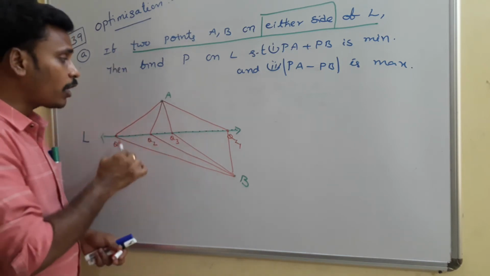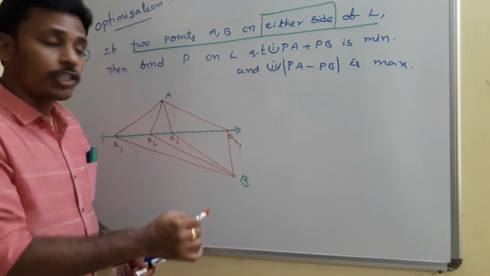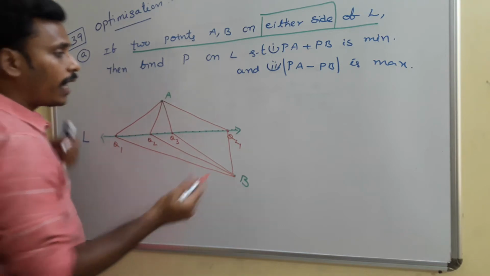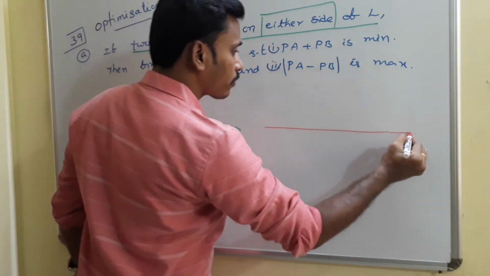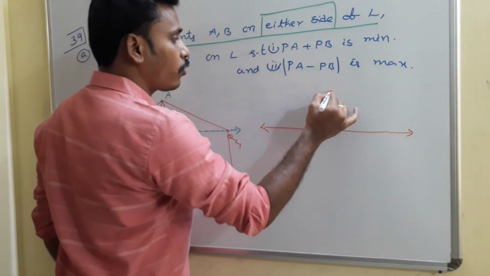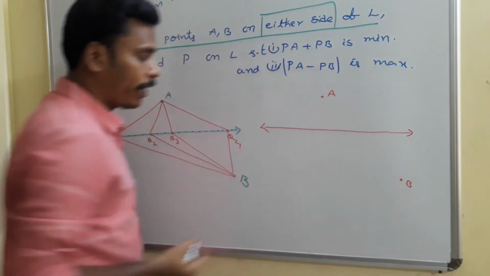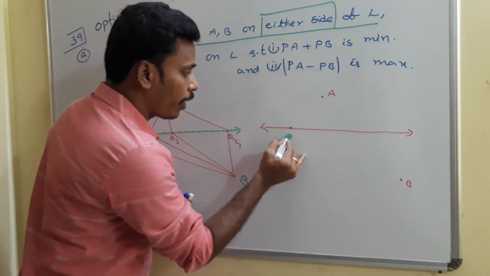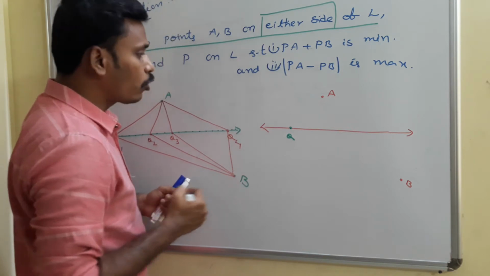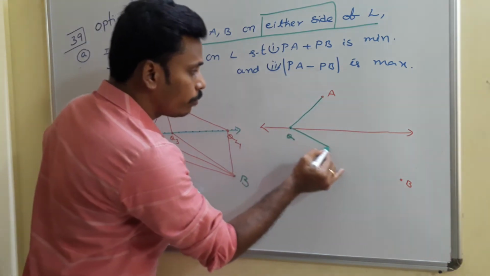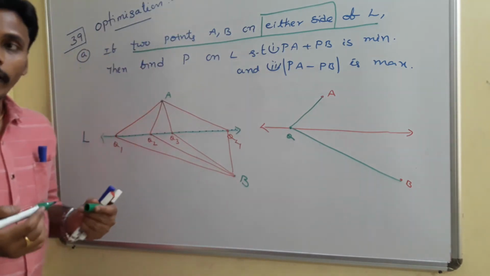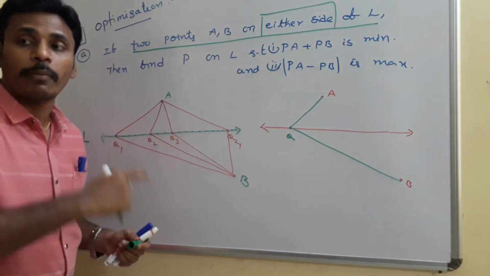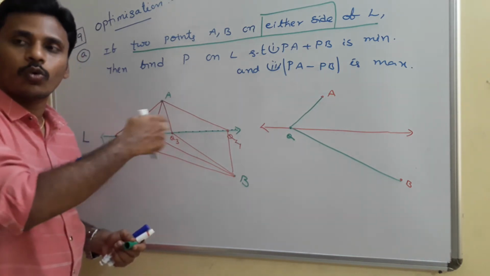I think so. There are many points on this line. Suppose you name all those points Q1, Q2, Q3, Q4, Q5 like that, infinite points, and you join each and every point to A as well as to B. In general, if this is the line, this is the point A and this is the point B, you take some point Q on this line, and we are going to think about this QA and QB. This Q is any point on this line, with many possibilities: Q1, Q2, Q3 like that.